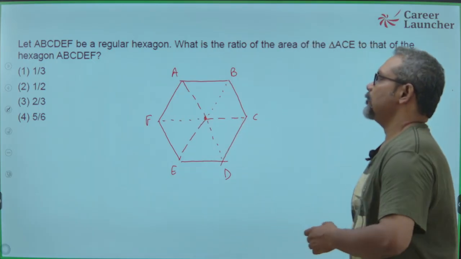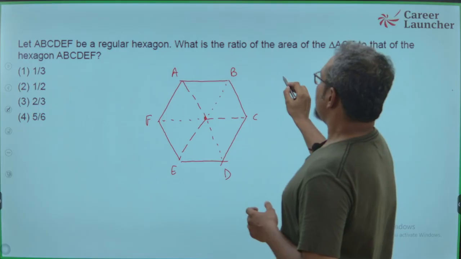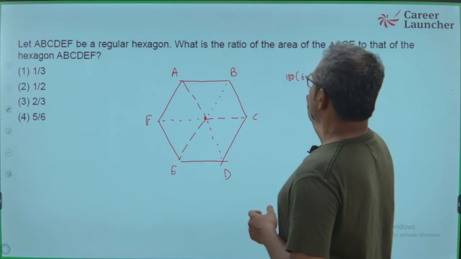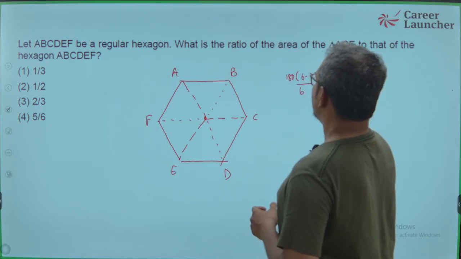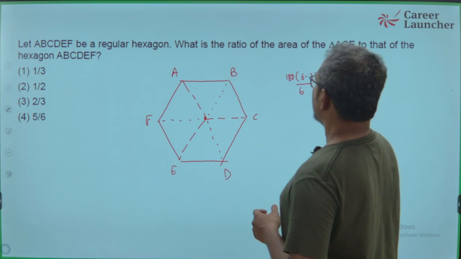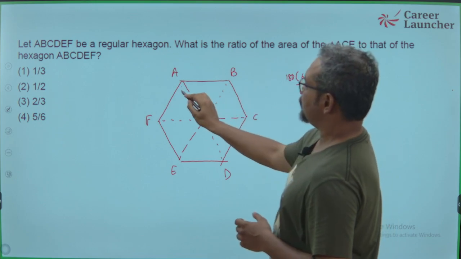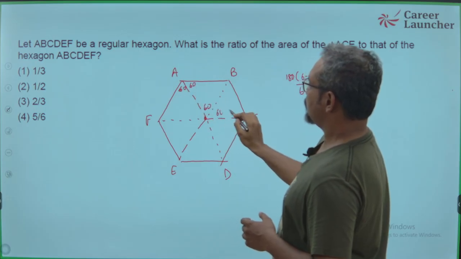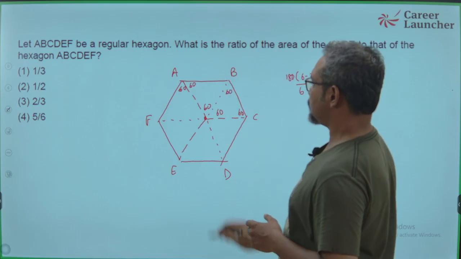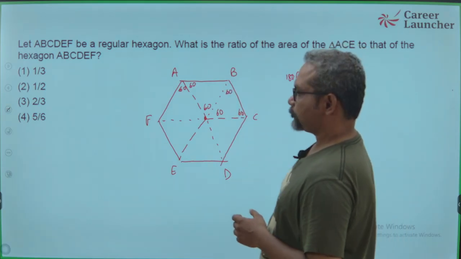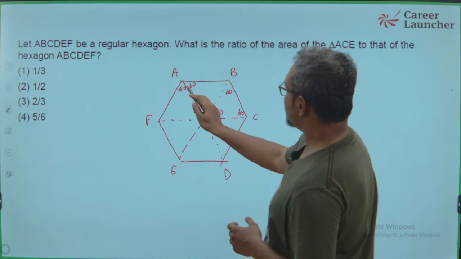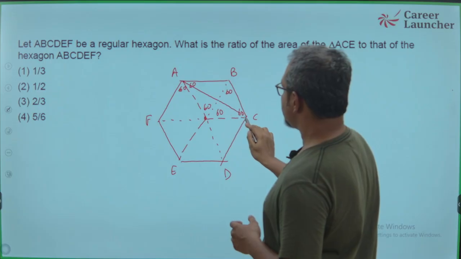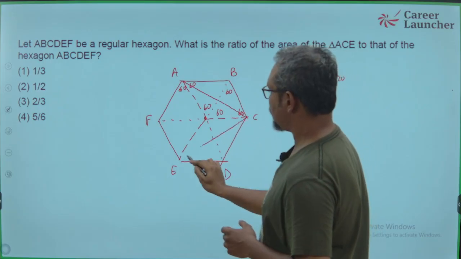So now see what we have. The interior angle of a regular hexagon is 180 times (6 minus 2) divided by 6. So that will be 4 times 30, 120. And when you draw from the center, they will all be split equally, 60, 60, 60 everywhere. So you are going to get lots of equilateral triangles. So if I were to now join ACE back,